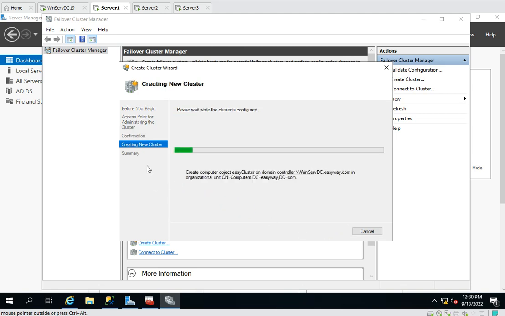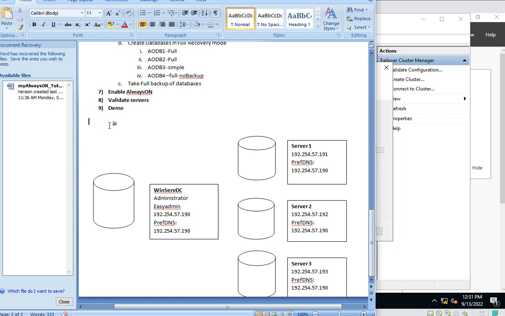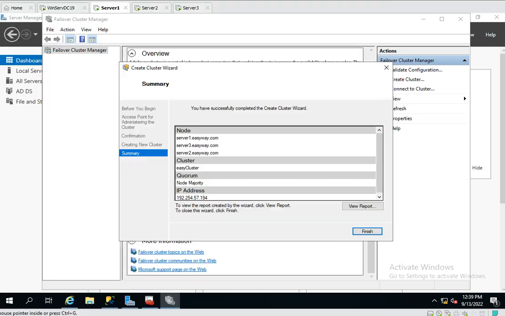And now it is creating a new cluster. So it will take a few minutes. I'll pause the video and I'll come back. So let's keep a note here. Cluster IP, it should be 192.254.57.194. Okay, so the cluster is created, and if you see, our cluster IP address is 192.254.57.194. So click finish,